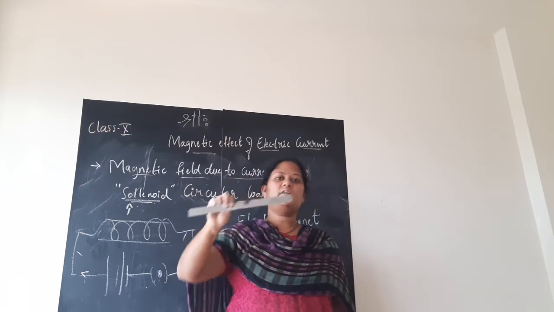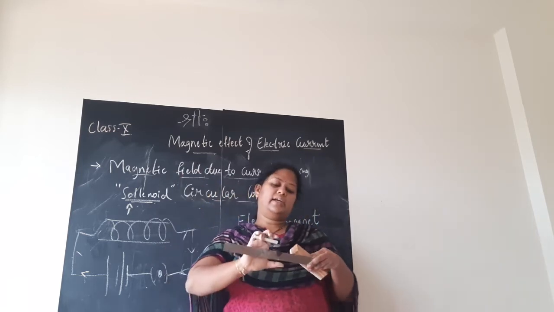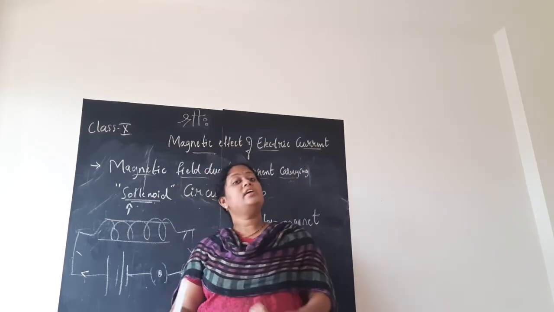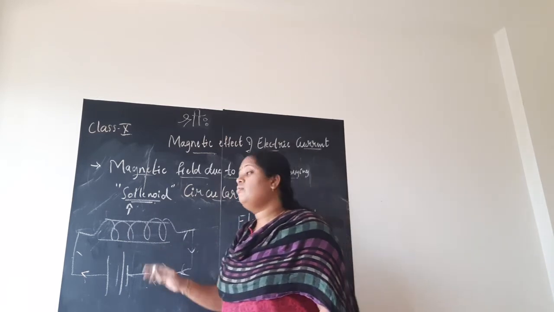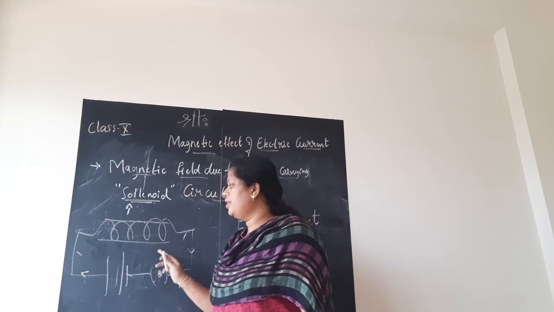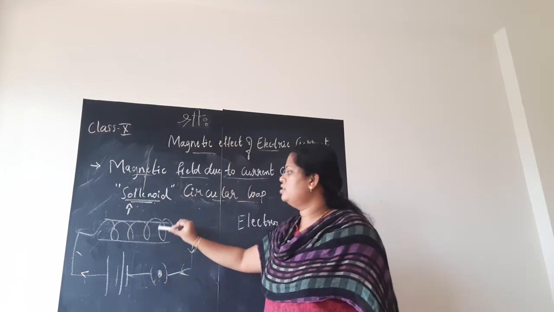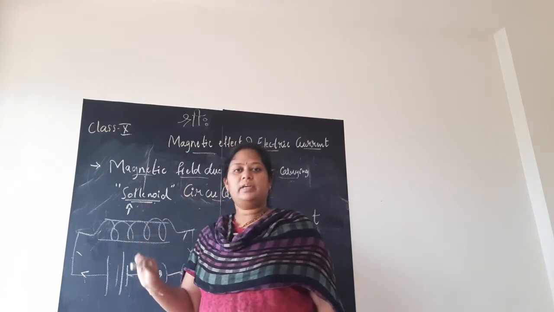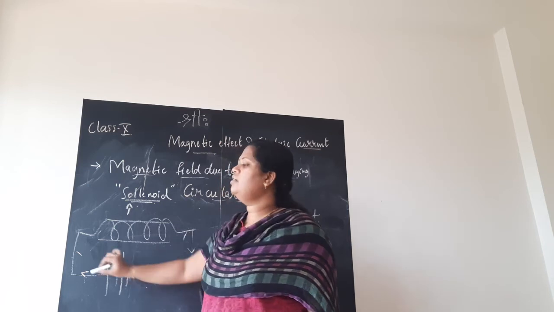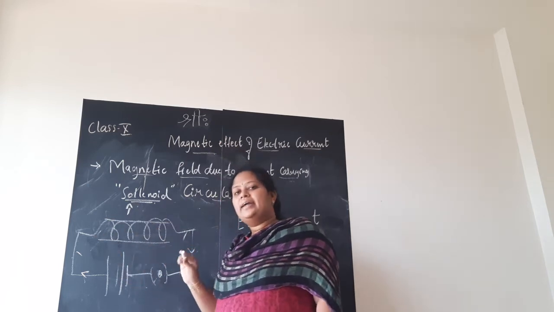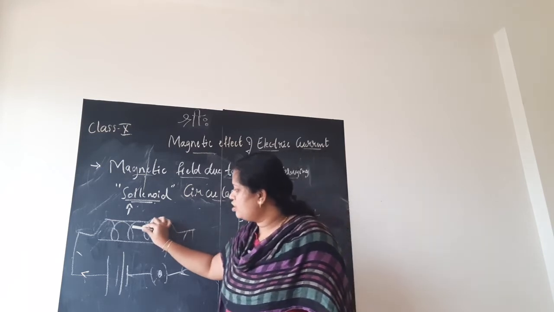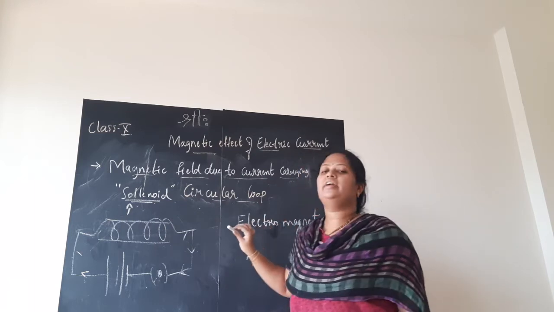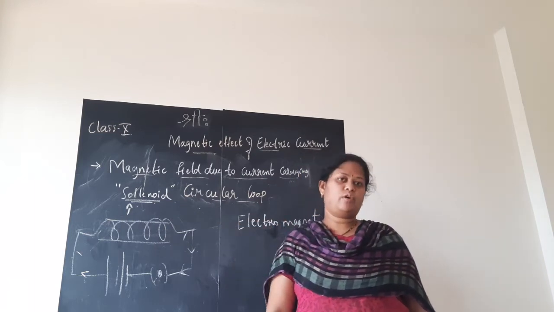Now my conductor is horizontal, so I hold it this way. Take my right hand, hold the conductor. My thumb is showing towards my left, which means this is the direction of current, in whichever direction the current is flowing. Before that I want to tell you, children, about this solenoid. I said it is the continuous turns of coil in a cylindrical shape. When we switch on the circuit, the current will start flowing in the solenoid. When I push the soft iron core inside the solenoid, it gets magnetized, and when I take it out of the solenoid, it gets demagnetized and loses its magnetic property.